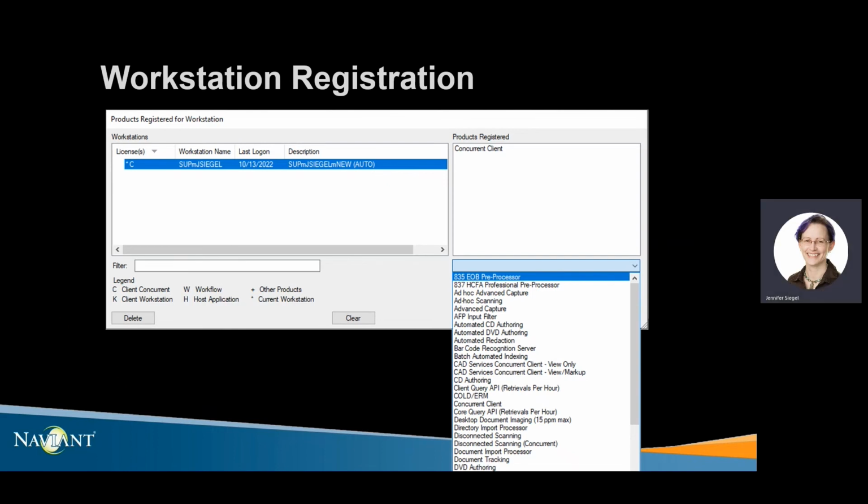And these workstation registration entries will pile up over time as hardware is replaced, so it's good practice to periodically delete stale entries. And just as a quick reminder, in addition to hardware changes, certain patch levels can also make a workstation register itself as new.